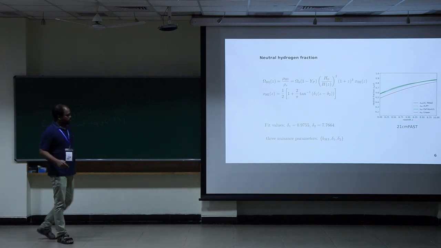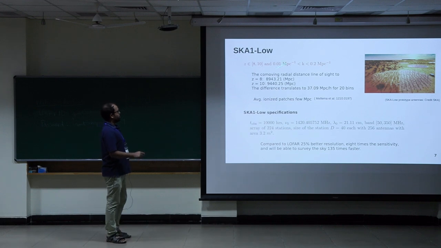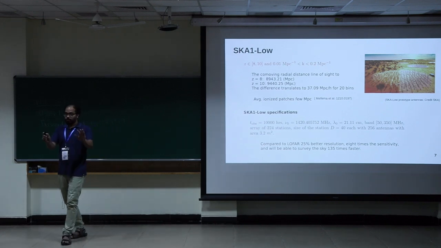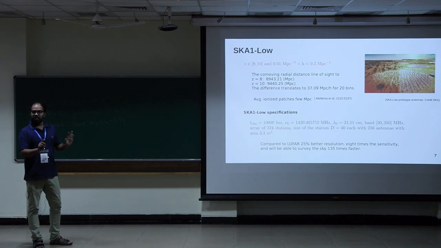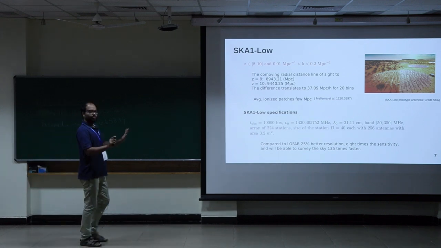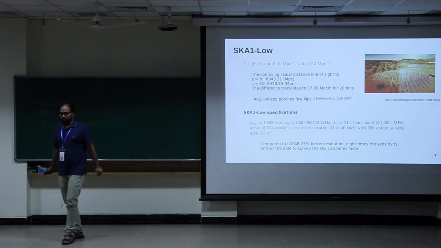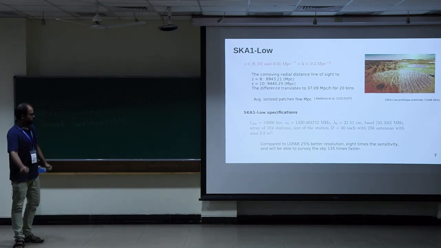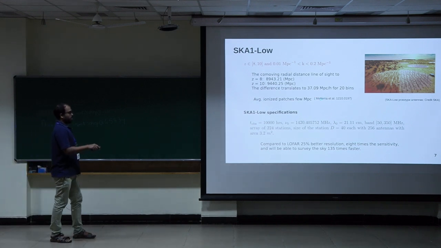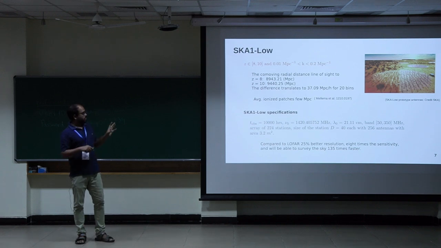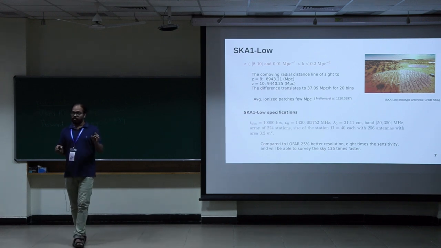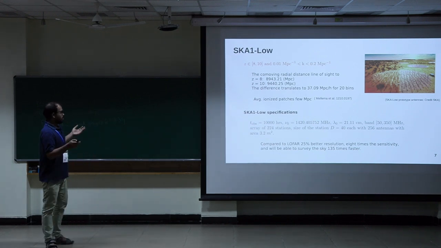All right, the redshift range that we are targeting is 8 to 10, and the scale we are targeting is 0.01 Mpc⁻¹ to 0.02 Mpc⁻¹. We believe that in this range our physics will be linear, and we can actually probe cosmological perturbations or early universe inflation. And the redshift range and the tomographic slice that we are talking about do not change our